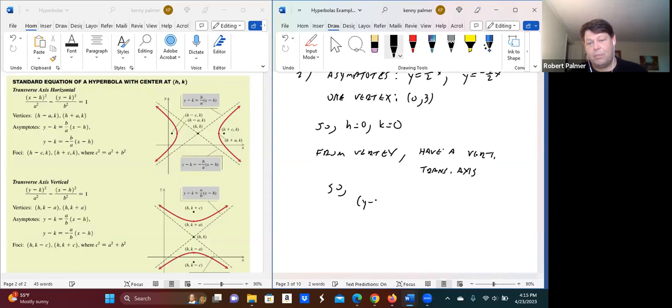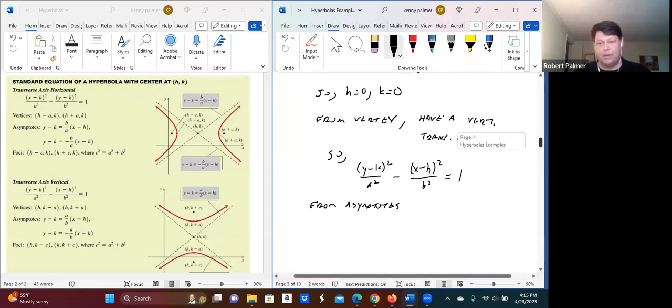y minus k squared over a squared minus x minus h squared over b squared is equal to 1. I said plus, I meant minus. We already know a few things about this. We know that, of course, h and k are 0. Now we know we have this case. What else do we know? Well, from the asymptotes,